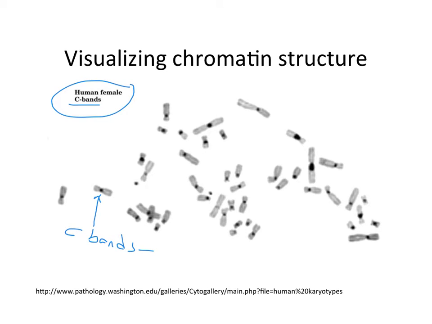So you add a chemical, and this chemical identifies what we call C-bands. Where are the C-bands if you describe where they're located on the chromosomes as you see them? They look like they're at the centromeres. Guess why they're called C-bands? So this is a technique that cytogeneticists, doctors that study chromosomes, used to identify the centromeres of chromosomes. If you want to know where the centromere is, apply this particular chemical, look at the chromosomes, and you see easily